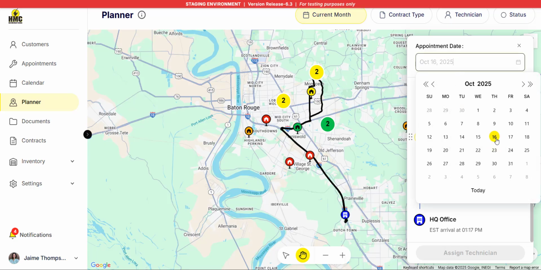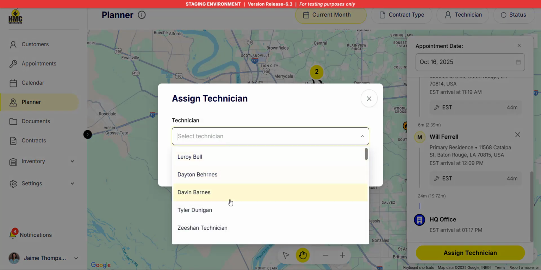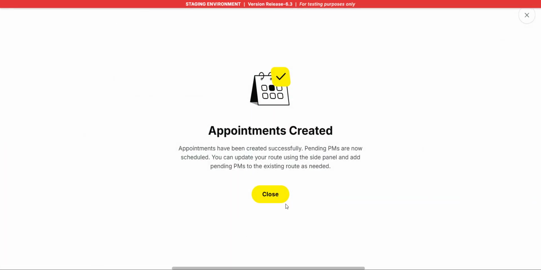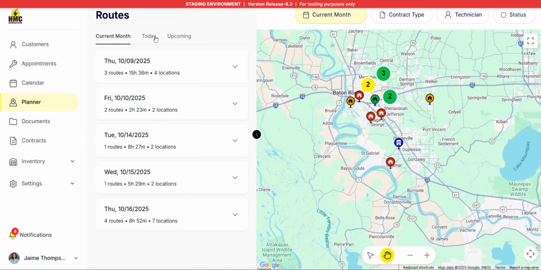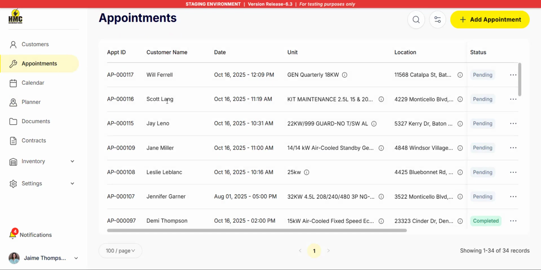And we're going to set these appointments for today. And now let's go in and assign a technician. And I'm going to go ahead and pick Leroy Bell, create my appointments. So now my appointments are created, and it's added it to my route. And when I go here and look at appointments, you'll see that all of these appointments are now added in